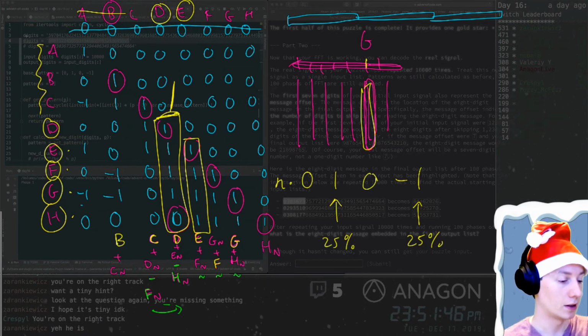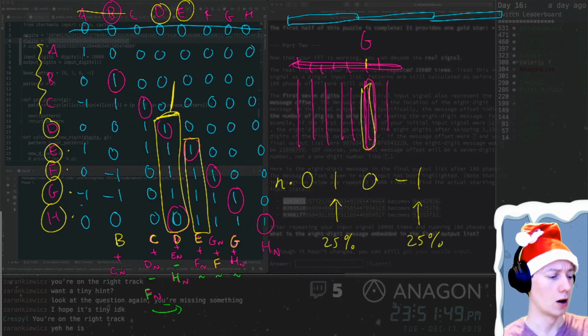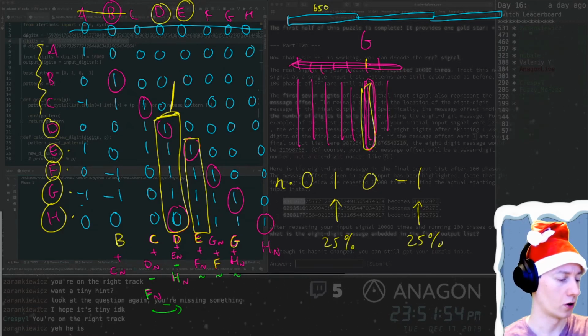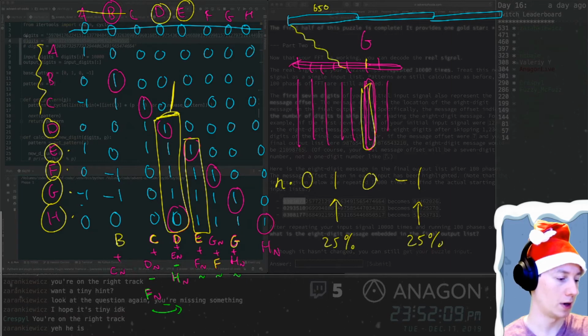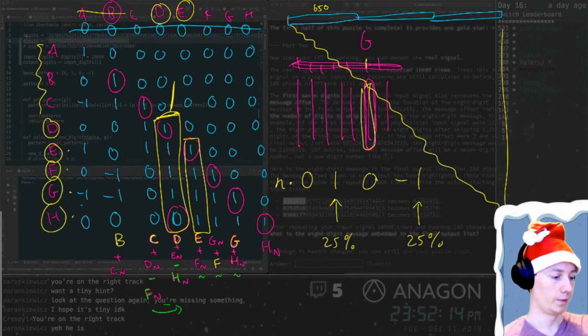So that means that yeah, the inputs are repeated, but the pattern is not repeated with the same offset as the input. So if this is 650 long, it doesn't mean that your pattern that goes down also repeats every 650 times, because the repetitions are based on the offset. So how much they repeat depends how far you are, like this. So how many times do you actually reuse or doubly use a certain digit? Well, let's say at position D,